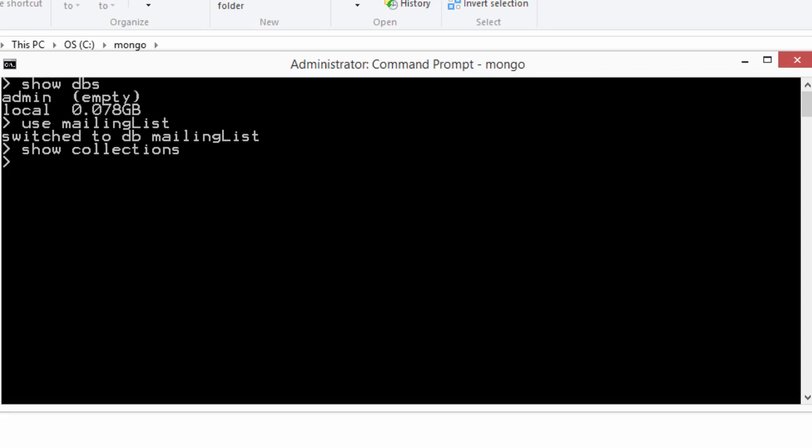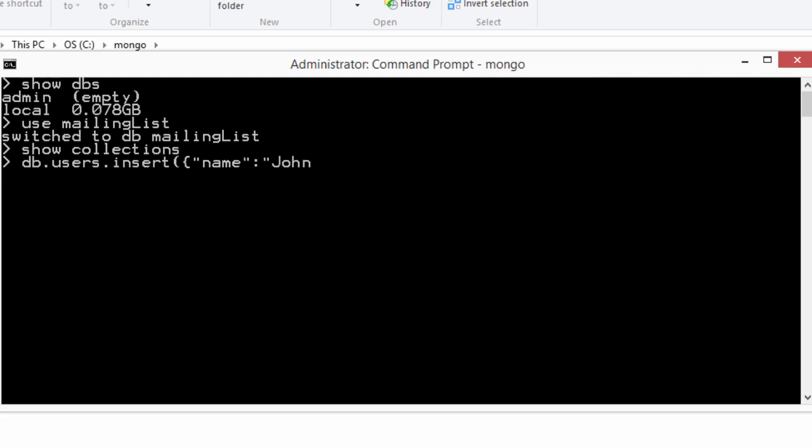Collections are like tables. Let's create one implicitly by inserting the first document. We'll type db, which refers to the mailinglist database, dot users, the name of the new collection, followed by a dot and insert.